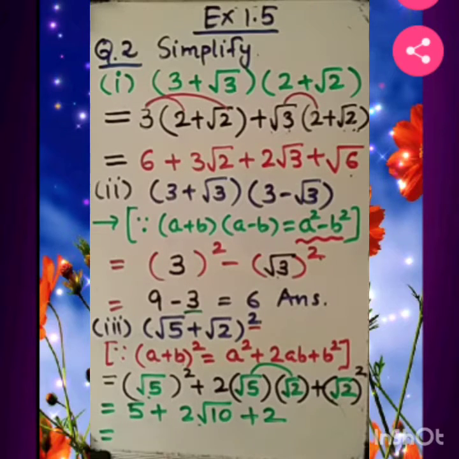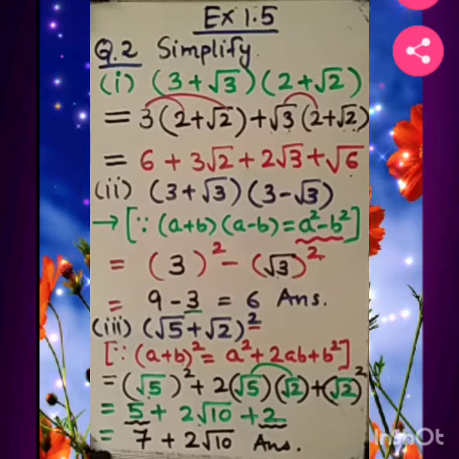Now here you can see we have similar terms. Which two terms are similar? First is 5 and another is 2. 5 plus 2 is 7, and here it is 7 plus 2 root 10. So this is the solution. Simple. 5 plus 2 is 7 and this is 2 root 10. These questions are quite easy. Okay, so up to here clear.